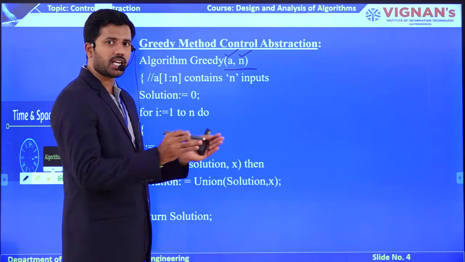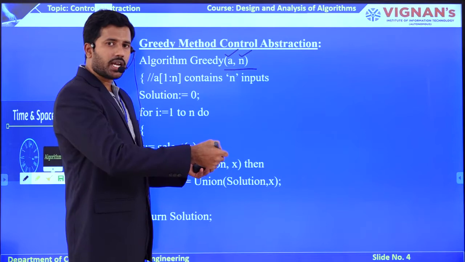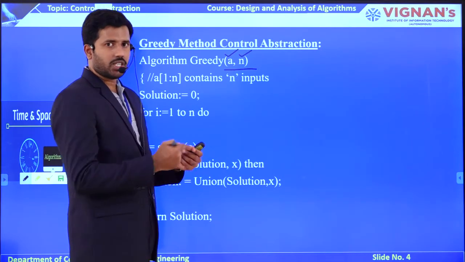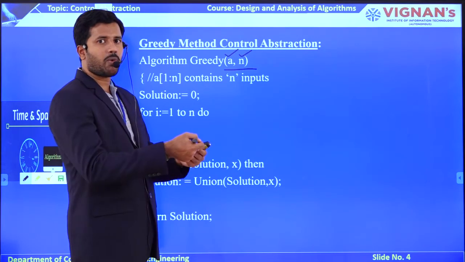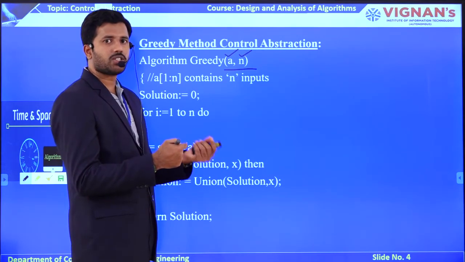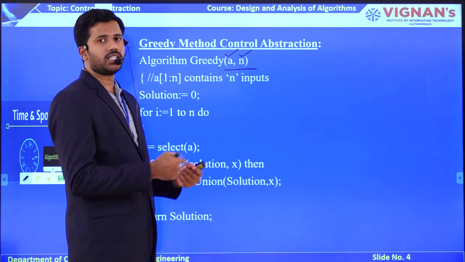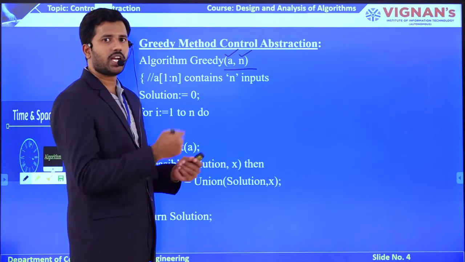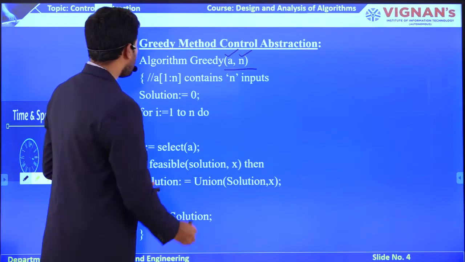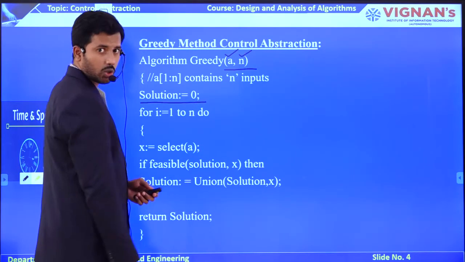Now my array contains n number of possibilities. So at a time I am taking only one possibility for every stage. If my possibility is generating my solution based on my constraints, so that I can consider it as a solution, then I have a capability to add it to my solution set. Okay. Now try to observe, initially my solution set is 0.